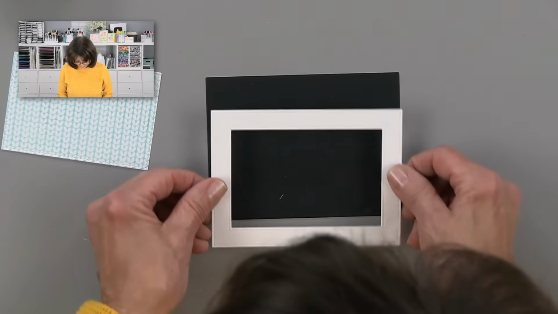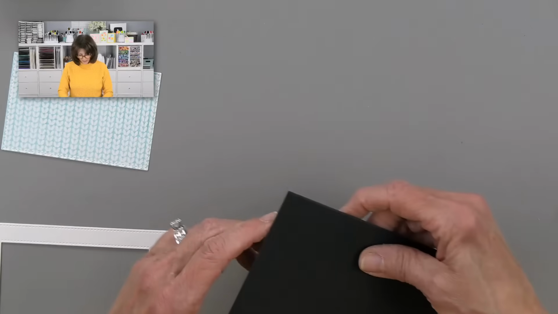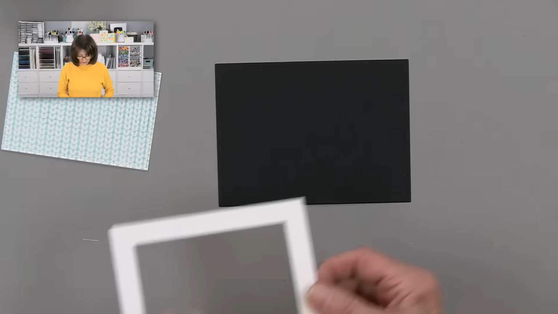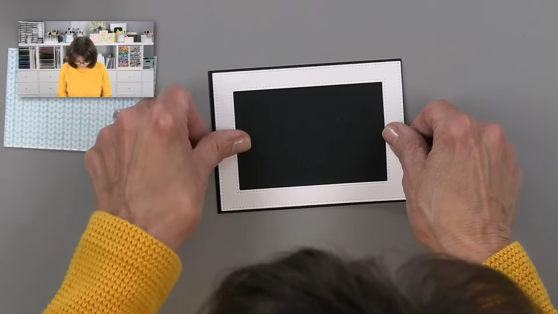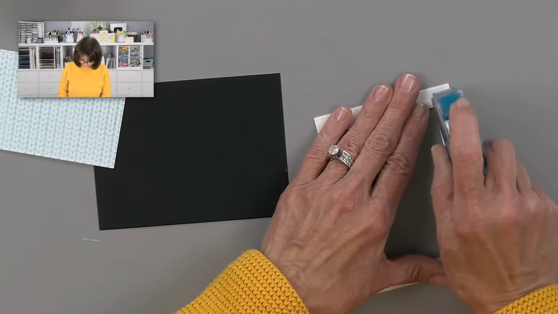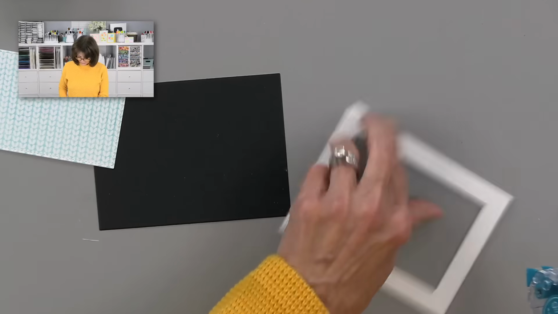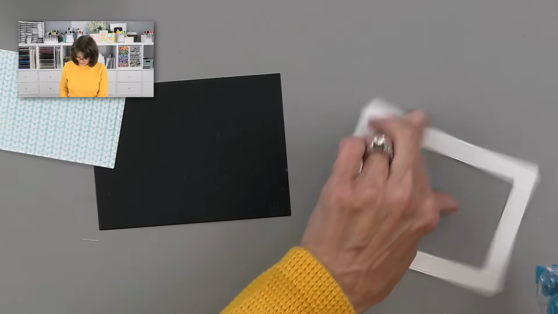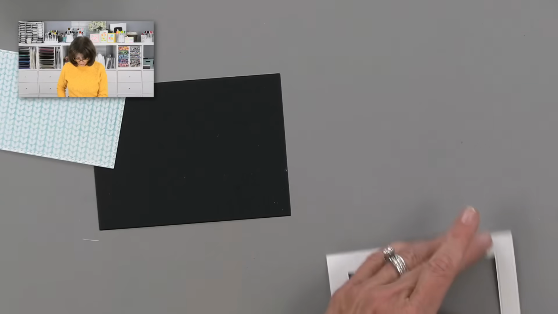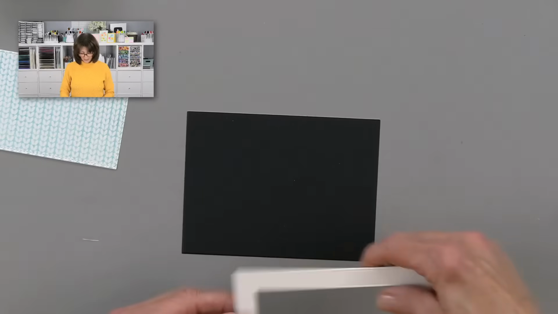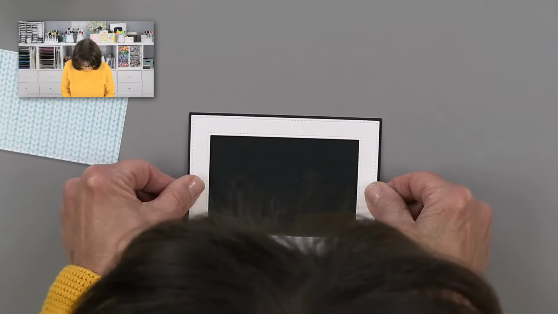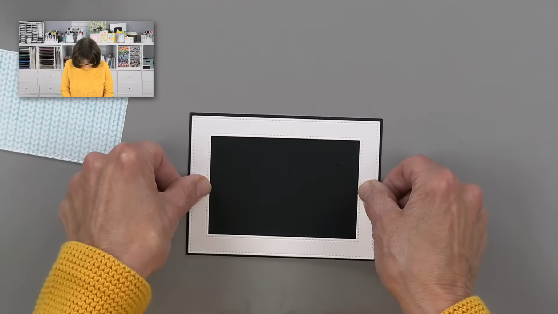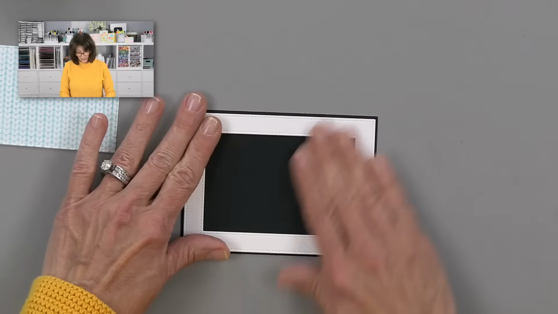I fly through my tape runners too, Shannon, although I don't really do a lot of taping in the center. I mostly go around the perimeter, but yeah, I fly through them too. Okay, so I always say that, if there's a big snowstorm coming, I want to make sure I have toilet paper, paper towels, and tape runners. Because you just can't run out of any of that. Does the tape runner hold for a long time? It does. It's a great tape runner.